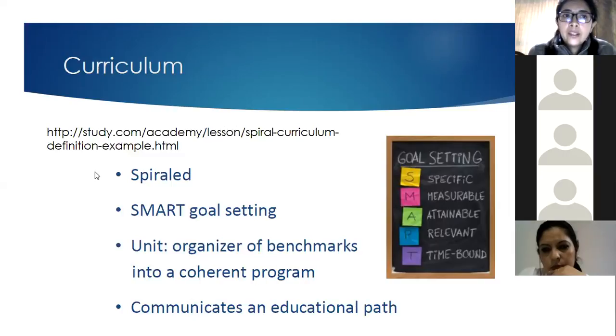Here you have a link to a video that describes what a spiral goal is. This is for you to check later when you have some time, because at this moment we don't have much time. But I just wanted to ask if you have any idea about what a spiral goal is,